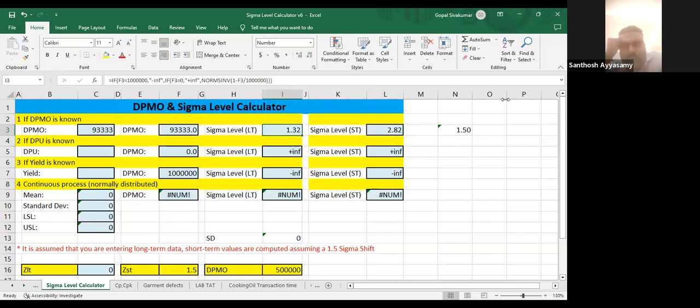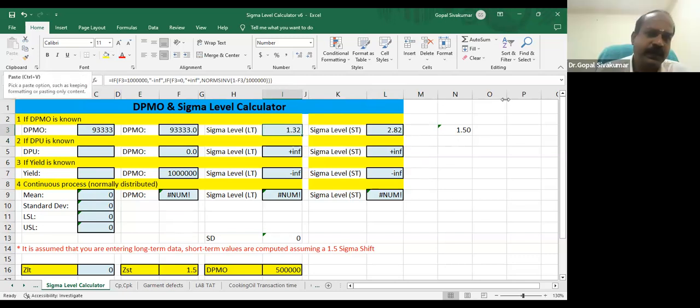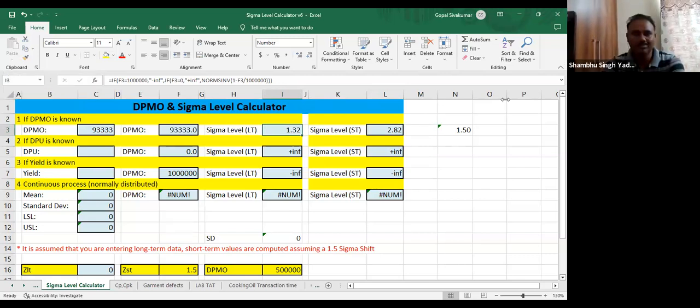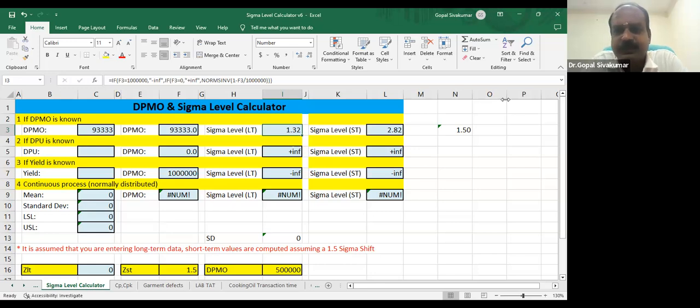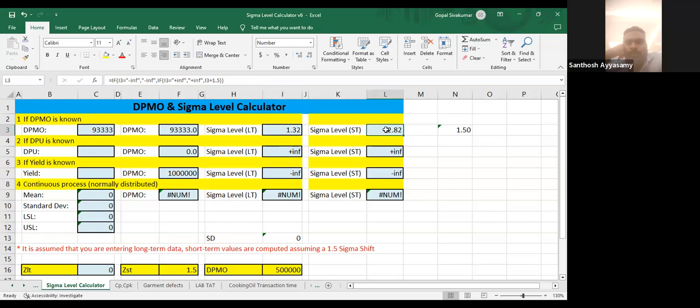For Gems chocolate, are you concerned about short-term performance or long-term performance? Sometimes we are concerned only about short-term performance, but sometimes we are concerned about long-term performance. Yes or no? Accordingly, you can use the template. Right now, let me say I am concerned about long-term performance. Look at my sigma level. Very, very low, 1.32. But short term, it's somewhat better.